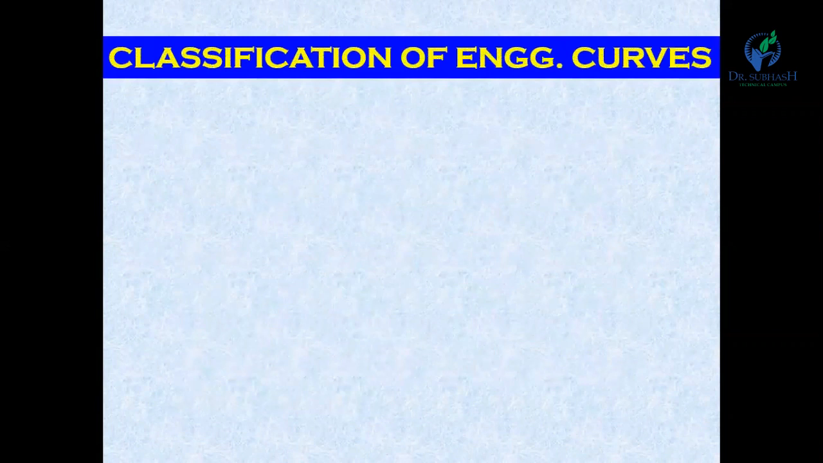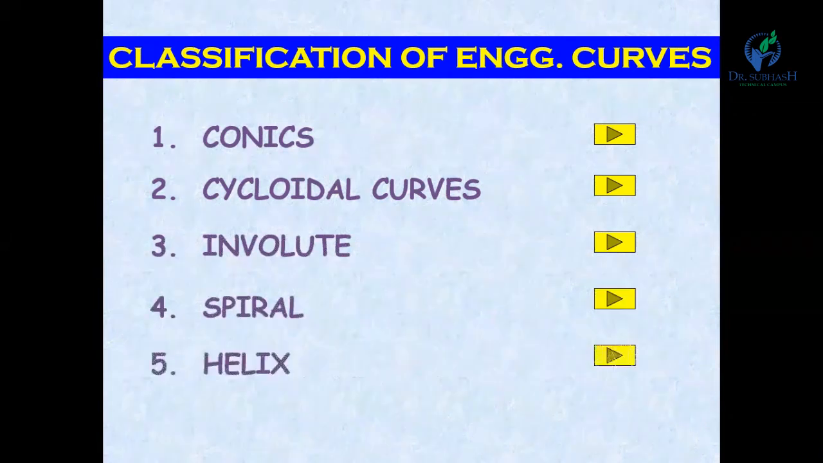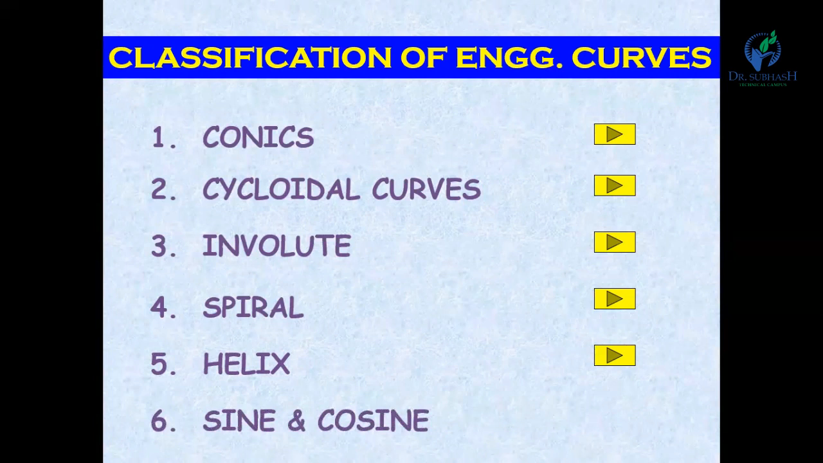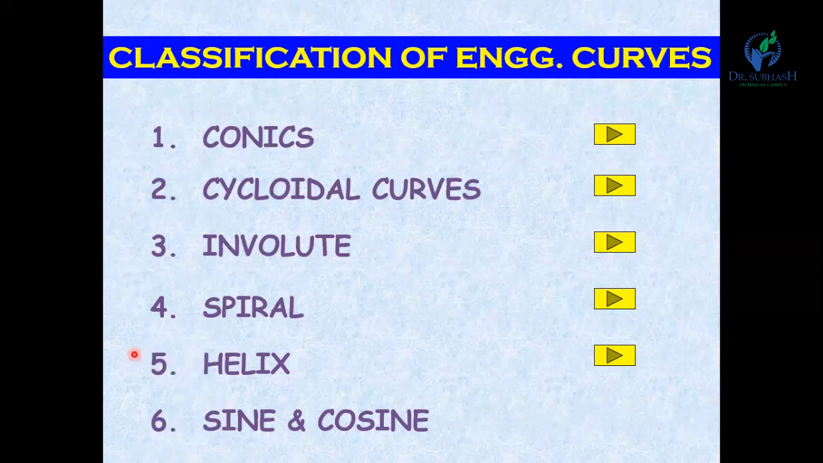Classification of engineering curves. First is the conic curves, cycloidal curves, involute curves, spiral curves, helix, and sine and cosine. But as far as our syllabus is concerned, we have to learn only conics, cycloidal, involute, and spiral. Okay, so we have to learn only these four curves. Now,